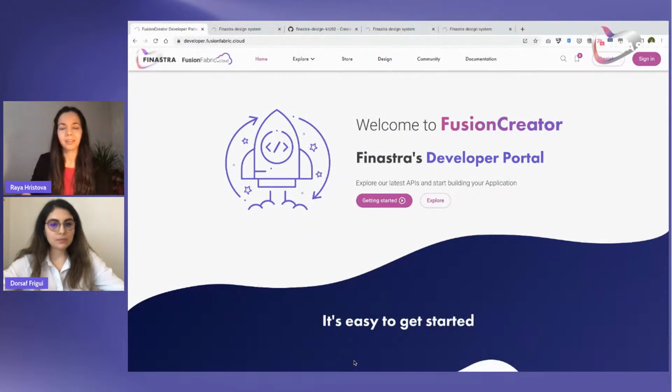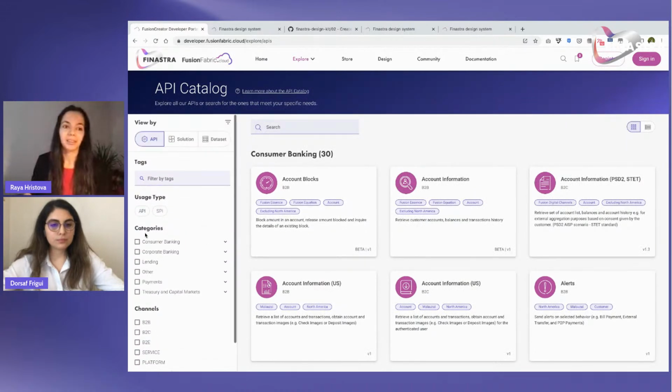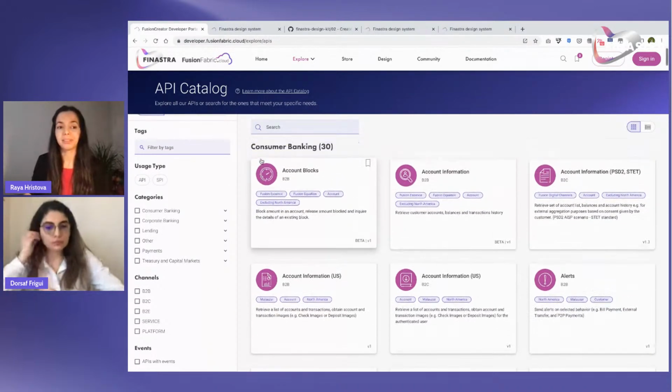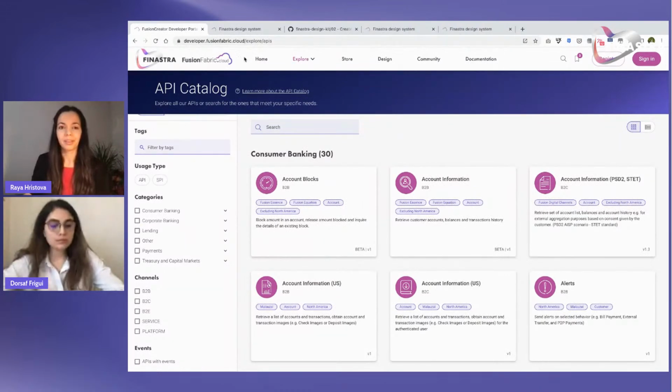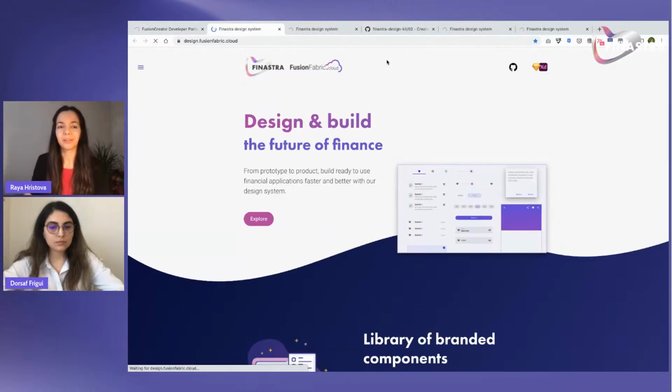So my entry point is developer.fusionfabric.cloud. This is our developer portal where some of you maybe have registered already to get free access to the sandbox where you can play with APIs and data sets for different business domains. But what we're interested in today is navigating from here to, so I'm going to click the design link, and this opens